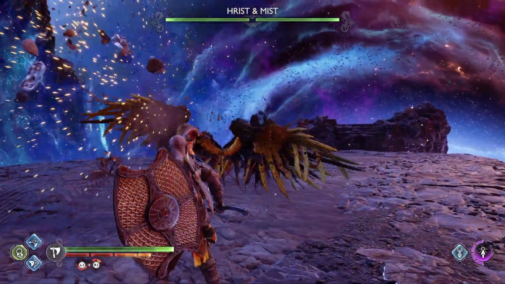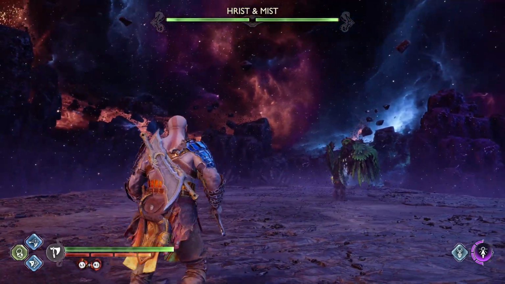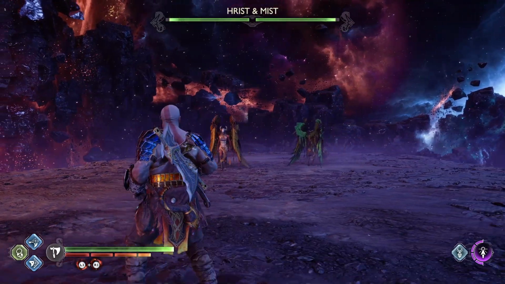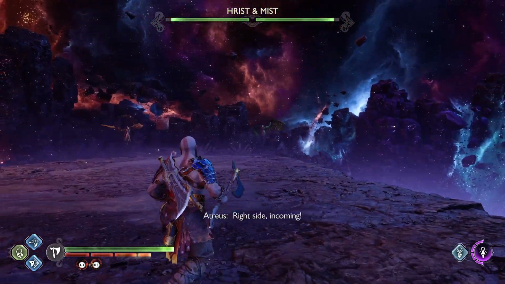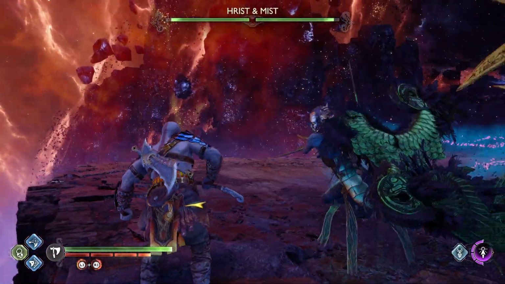After the cutscene, you're gonna have this boss encounter against two Valkyries. It's surprisingly easier than you think. They're quite hittable. They don't attack as fast as other enemies, especially like the Berserkers if you're doing those. It's just a case of blocking their attacks and dealing damage to go through, I think, about 3 phases of